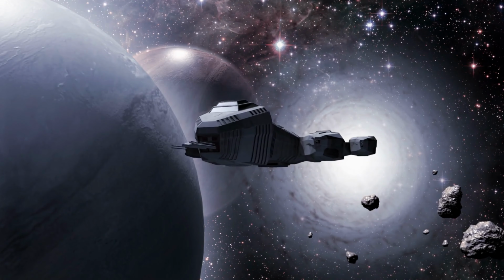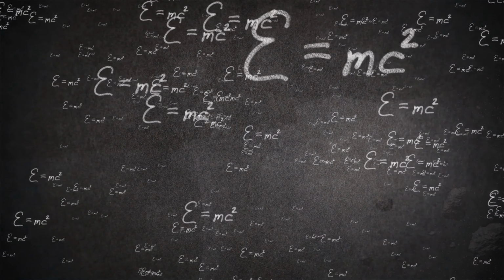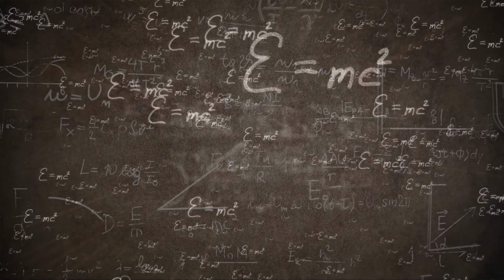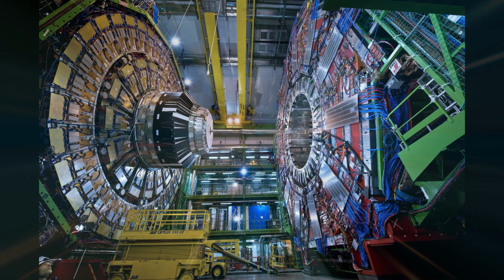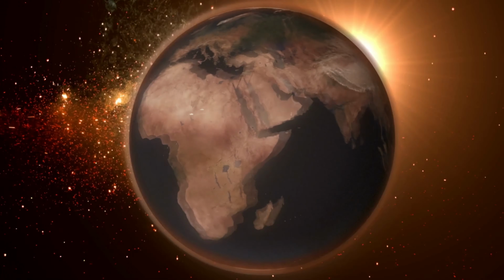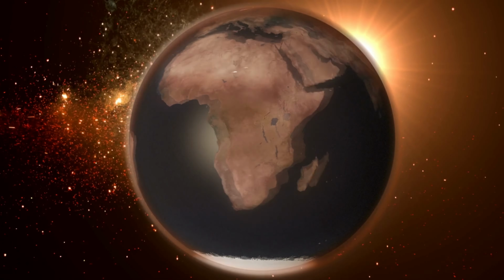I'm pretty sure that most of us are familiar with the concept of faster than light travel, something that is forbidden in Einstein's theory of special relativity. According to Einstein and experimental evidence, nothing can travel faster than the speed of light. But what if there was some kind of loophole, a way to circumvent this limit and achieve speeds faster than light? Well, it turns out that there just might be such a thing.